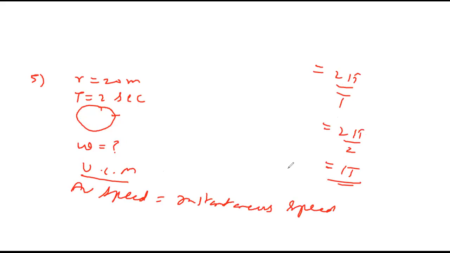Did you understand the concept? Again, I'm telling. It is performing circular path in every 2 seconds. That means time period is 2. Find what is average speed. Suppose you get marks 50, 50, 50, 50 in every test. So average is 50, and instantaneous is also 50. That's why it is the same constant, 2 pi by 2. Okay.